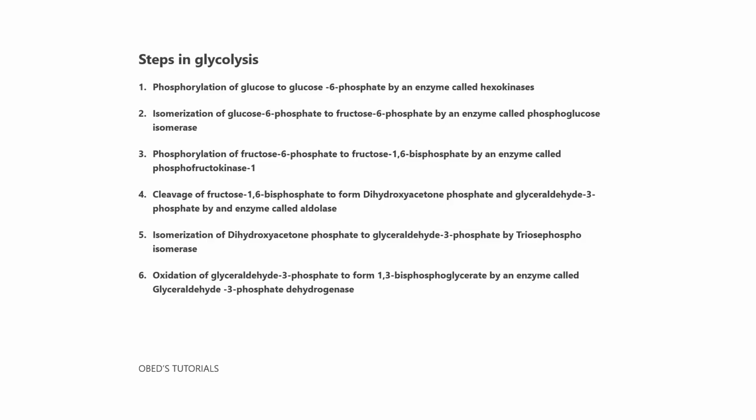So step 1 to step 3 is what we call the investment stage, because we invest a certain amount of ATP. You get it? And then step 4 and 5, we call it the splitting stage. That is where we cleave the fructose 1,6-bisphosphate that is formed from step 3 to form two molecules